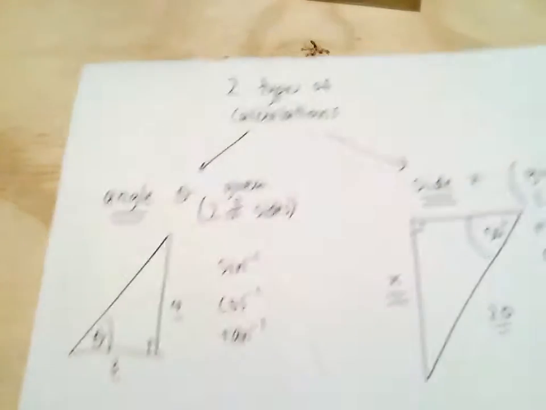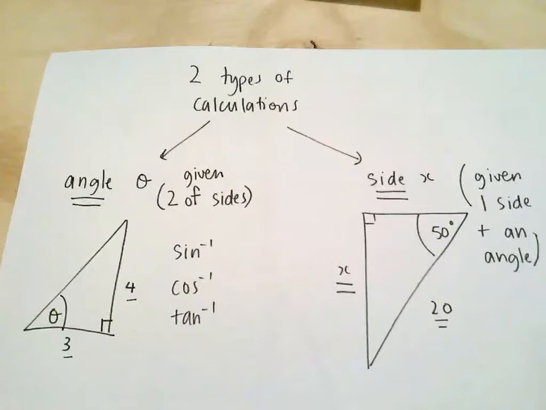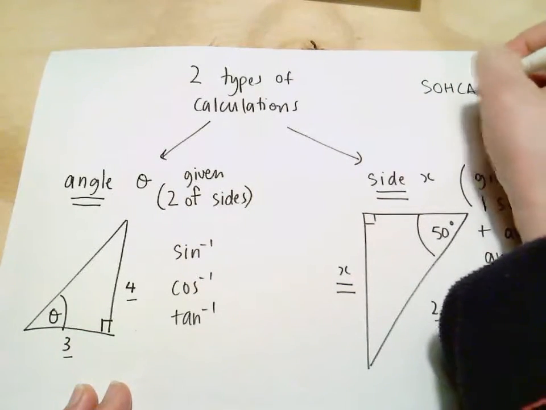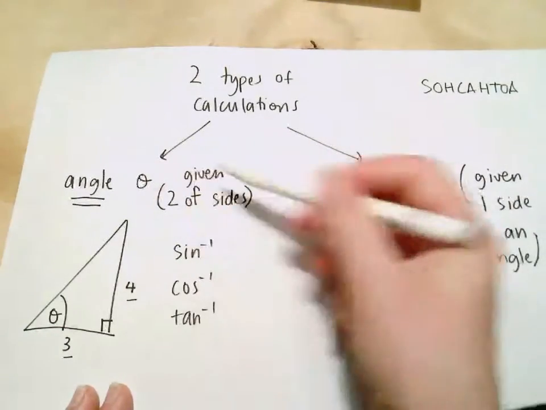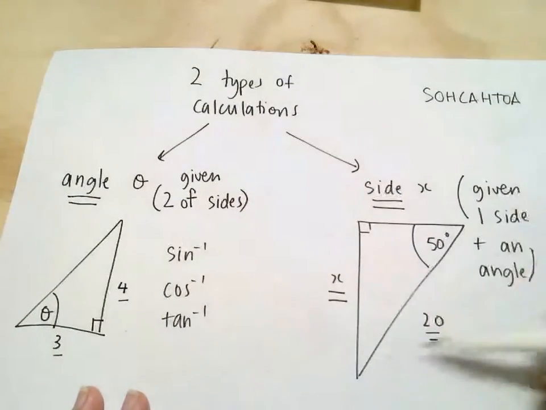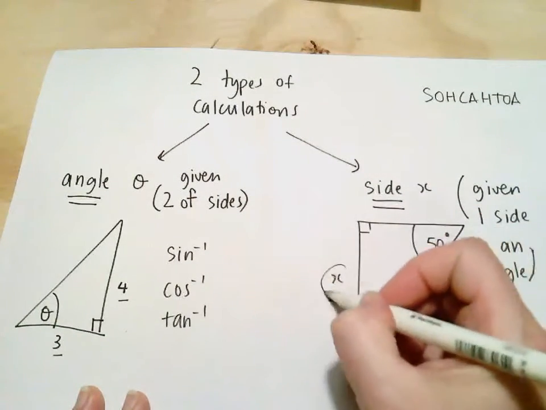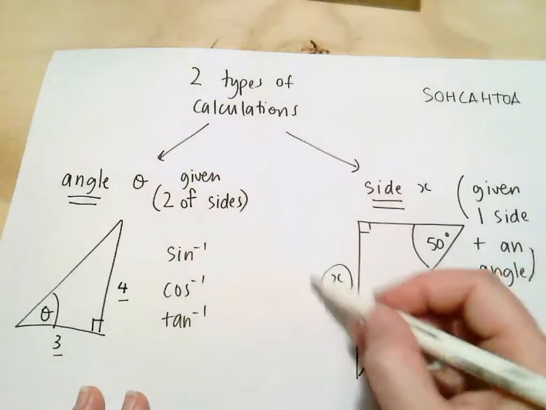Just a reminder, from the last episode we said that there were two different types of calculations that you could be asked to perform using SOHCAHTOA. In the last episode, we looked at the first of those calculations, the calculation of an unknown angle. In this video, we're looking at the calculation of an unknown side. This is the situation where you're given one side, you're given one angle, and you're asked to calculate the